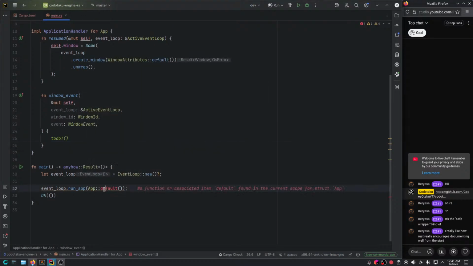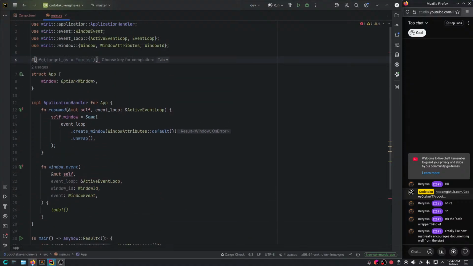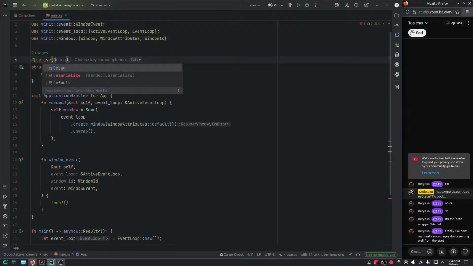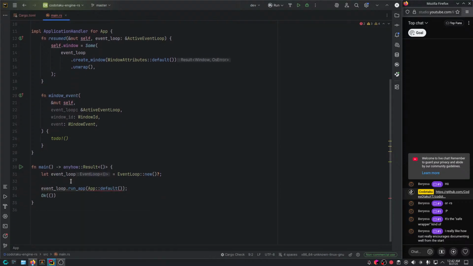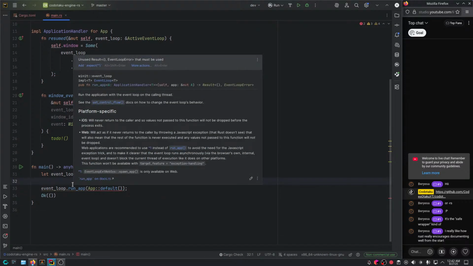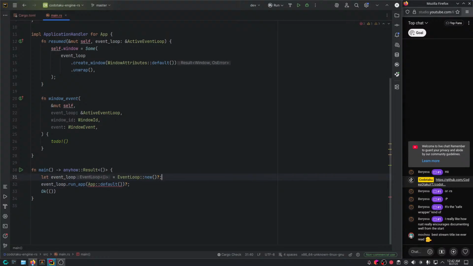Now what? So here I believe maybe we need to just like... I mean, hold on. Let's derive default. And we can derive default because option derives default, and the default of option is just basically nothing. And that's essentially it. Now what's up? Add expect. Oh yeah, so this could fail. Alright, fine. Can we just redirect it like that?